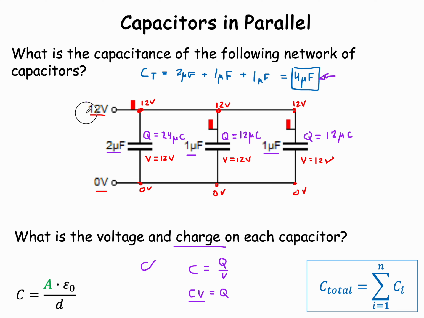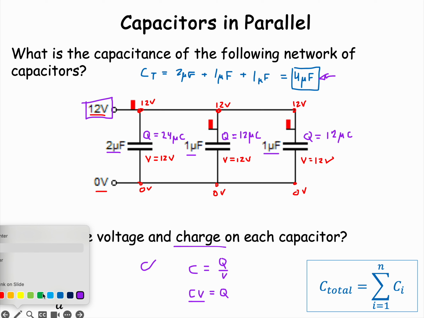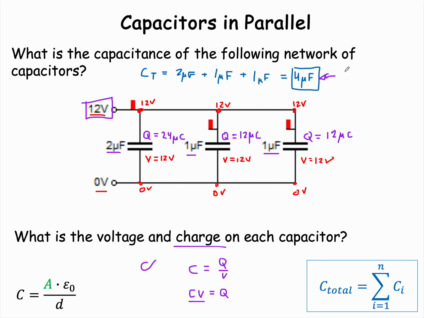If you hook it up to a potential difference of 12 volts, how much charge would flow in? Well, you should discover that it's going to be a total of 48 microcoulombs. 4 microfarads times 12 volts. And so what happens on this? Charge is never created or destroyed, just like mass in chemistry. So we have 48 coming in from here,